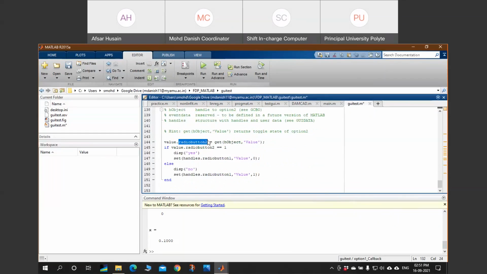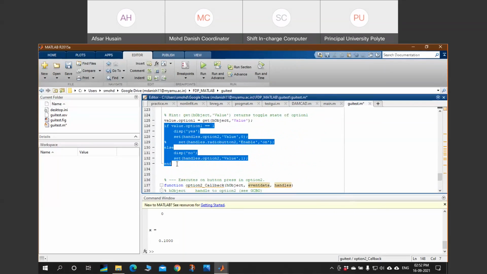Let me rename all this, and then I will show what will happen without these conditional statements. I'm renaming it to make it simple because I will share this script file with you, so it will be easy to understand. Just for the demonstration, I am hiding this conditional if else statement.